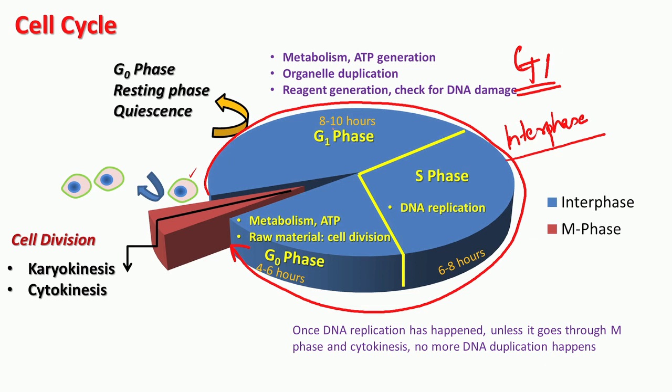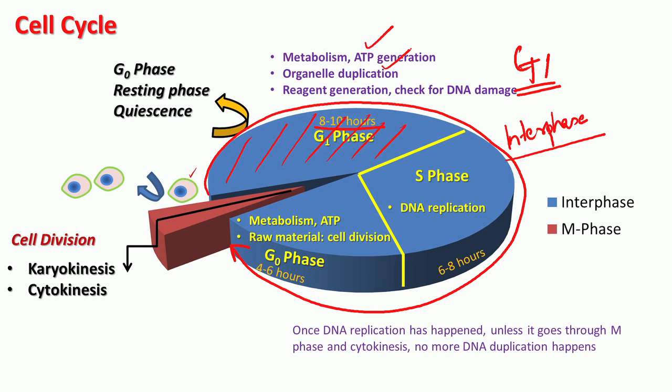Now, it lasts anywhere about 8 to 10 hours, and in this phase, the very first phase of the cell cycle, the cell basically starts growing in size. It starts accumulating enough currency because it will need all that energy to do the subsequent processes. So, it starts generating a large amount of ATP. It starts duplicating its organelles because eventually the organelles have to be passed on to the daughter cells, and it